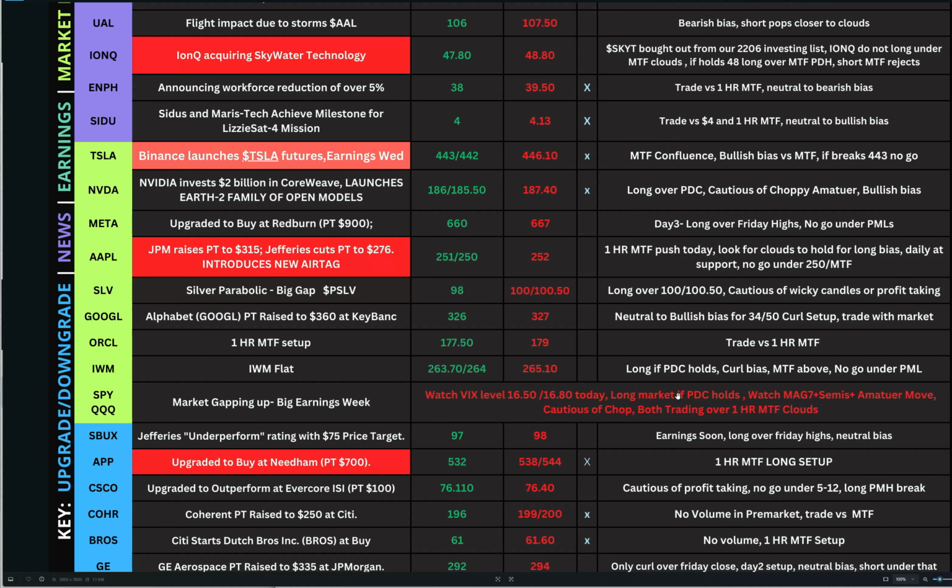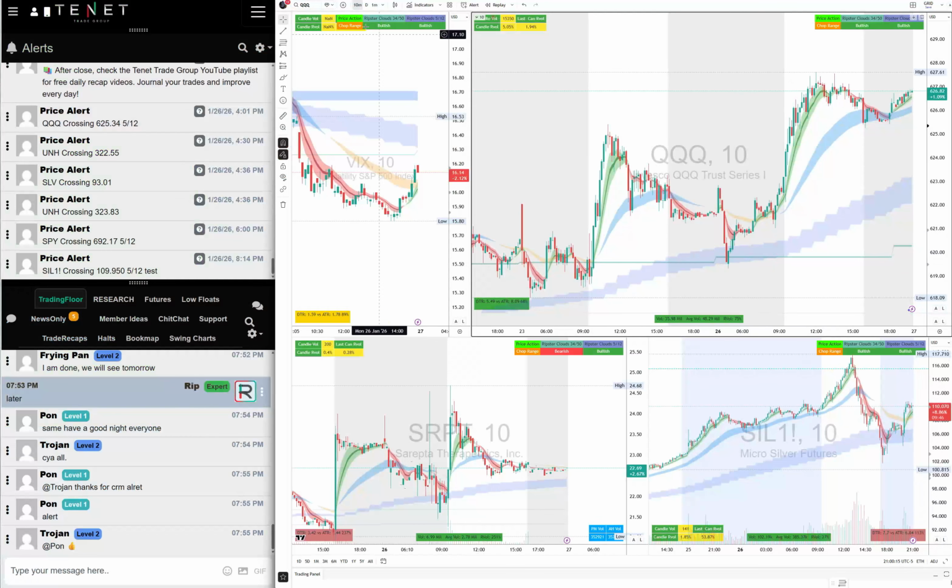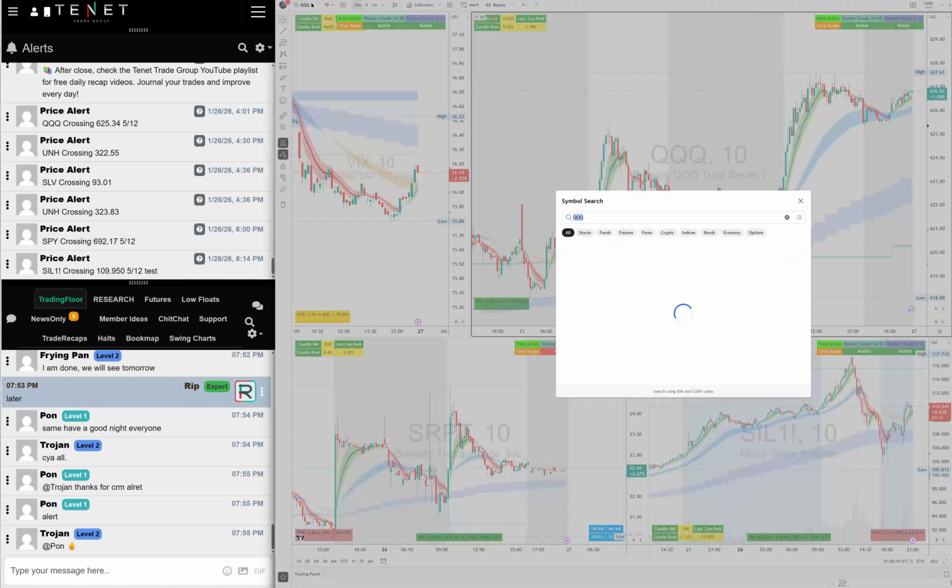Long the market if the previous day close holds. PDC is the previous day close. If 1650 breaks, we're going to long the market. Watch the Magnificent 7. Be careful of the chop. Both of them are trading over the 1 hour clouds. QQQ was trading over the MTF clouds, and of course SPY was also trading over the